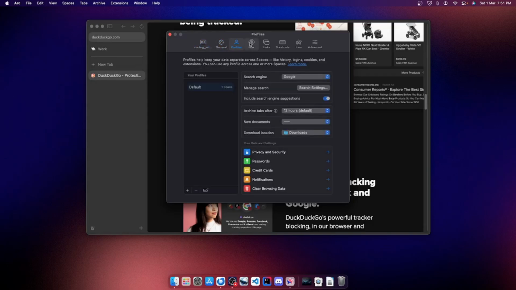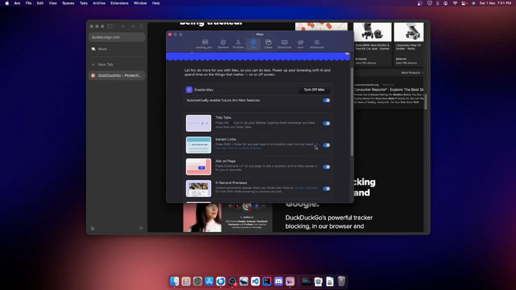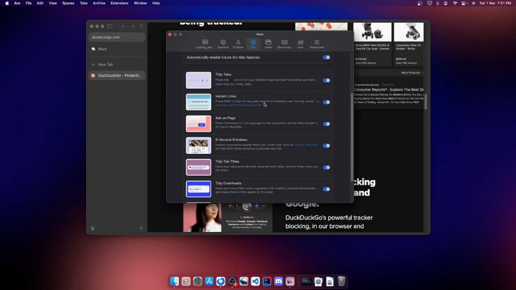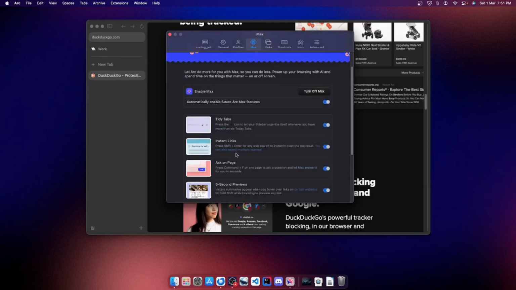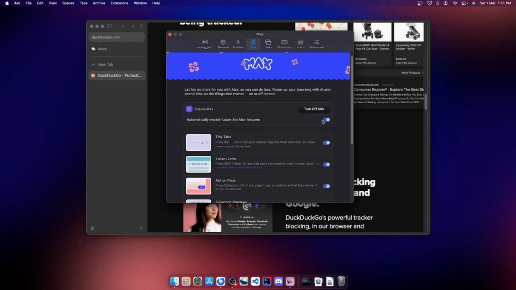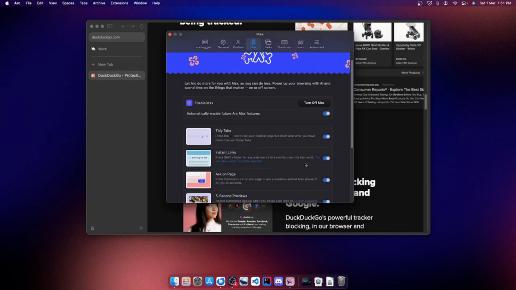There's also AI in this, so we can turn on Max, which is just Arc browser Max, which brings AI into Arc browser. So Max is basically AI, and AI will help you make your tabs cleaner, instant links.